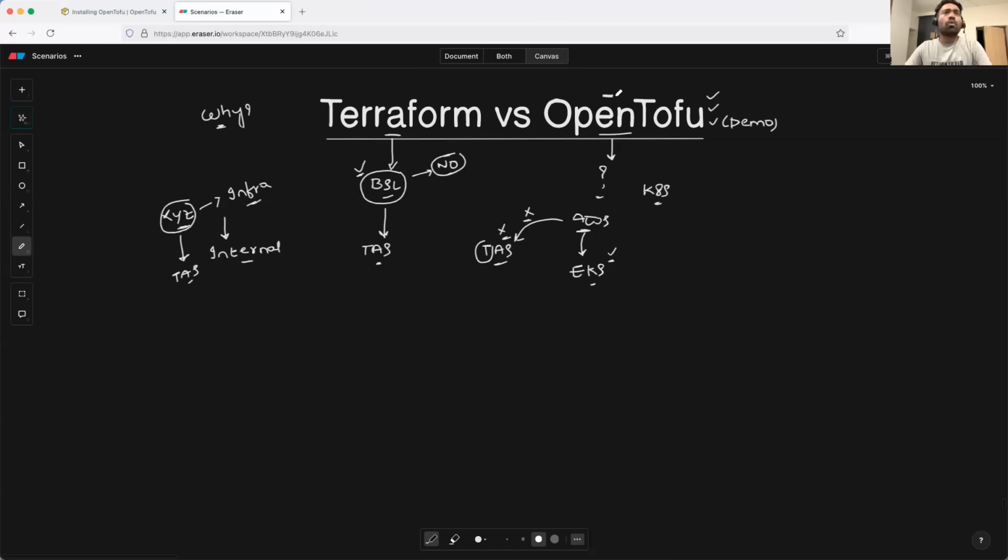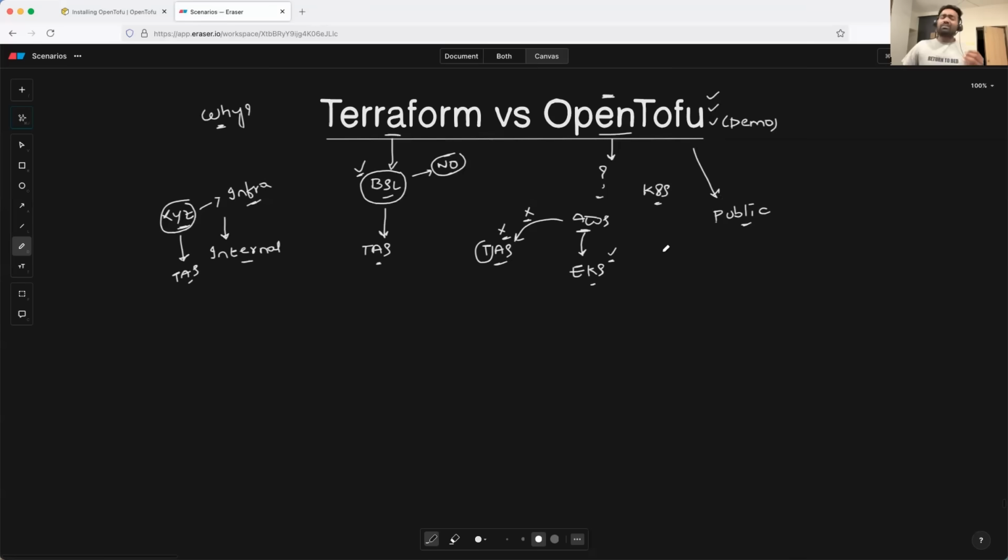But why did OpenTofu come into existence? OpenTofu came into existence because people who were impacted by this licensing change, or people who did not like this licensing change, and also companies, created a public or open source fork of Terraform.